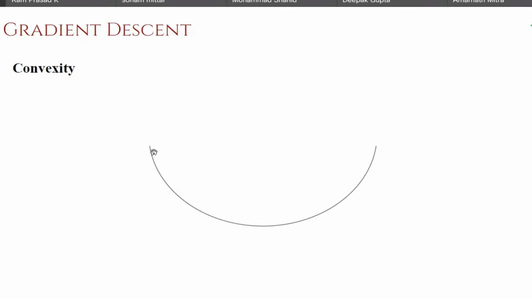But we need to define a property for convexity. Many curves can look smooth, but that is not the point. There should be a property that uniquely identifies a curve as a convex curve or as a convex surface. We call it a curve in 2 dimensions. In higher dimensions, we call it a surface, just like in 2 dimensions we call it a straight line for linear geometry, but in higher dimensions, we call it a hyperplane.